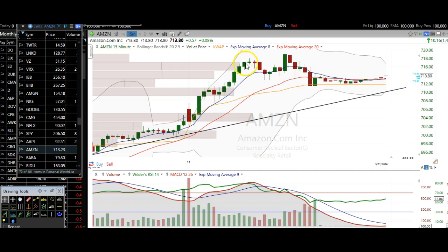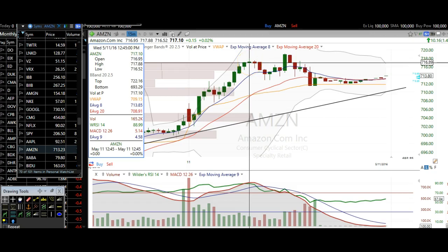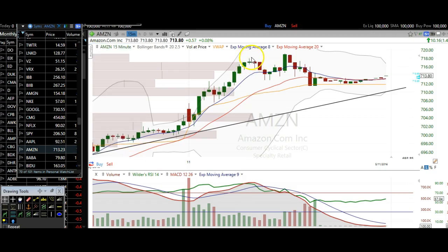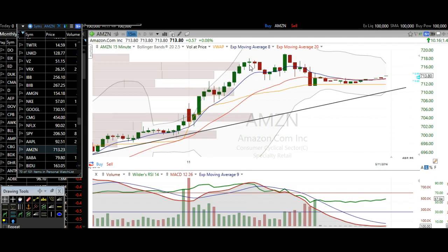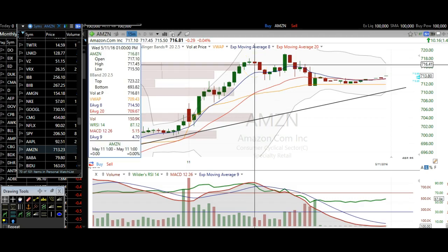And right at this candle, because we were getting a little extended from these moving averages, as well as the market was kind of weakening at the moment, I said that we were going to set the trailing stop at the low of this candle right here. So we had a potential reversal candle, and a low of 716.52 is where we set that trailing stop, and we got stopped out on this next candle